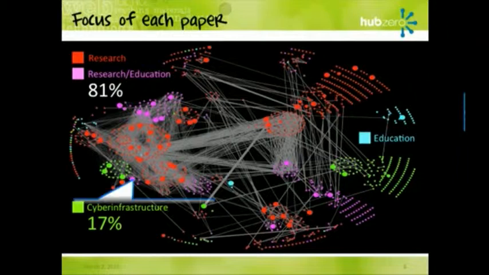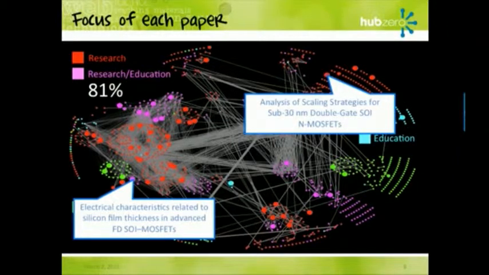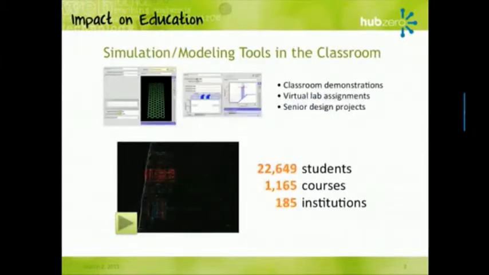And in fact, you'll see things like this. You'll see a group that, for example, measured electrical characteristics of thin films and used a tool on nanoHUB to calibrate their measurements. Or another group that just used a tool on nanoHUB to hypothetically figure out how the next generation of integrated circuits is going to scale going forward. So these are the kinds of things that people are doing, kind of the impact on the academic literature. And there's a lot more drill down, I suppose, that happens in that analysis, but that just gives you a quick overview. Now, I also mentioned education.